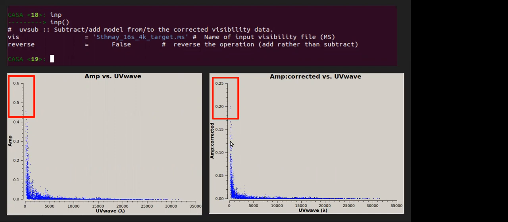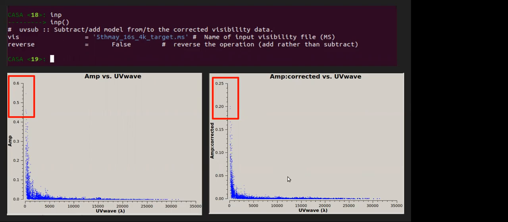So I made the image, I made a good model of all the point sources in my field of view. I then subtracted that model data column from my observed or corrected data column using UV sub in CASA, and I get a significant decrease in this amplitude versus UV wave plot. So you can always check it for your purpose too.